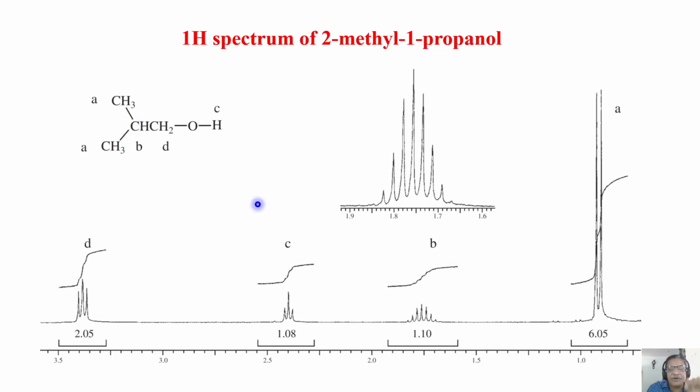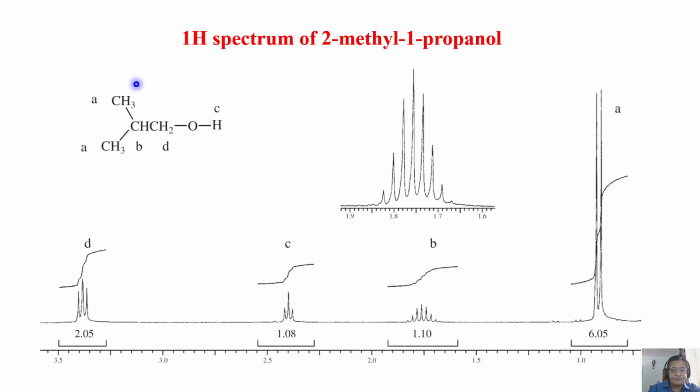How many types of different protons are there, chemically inequivalent protons? That is the first thing you have to count before you start the analysis. First, we have an OH proton. That's one. We have one CH2 group, which is different because it is attached to OH and another CH here. We have another CH group, which is different from CH2. We also have two CH3s, possibly they are equivalent.